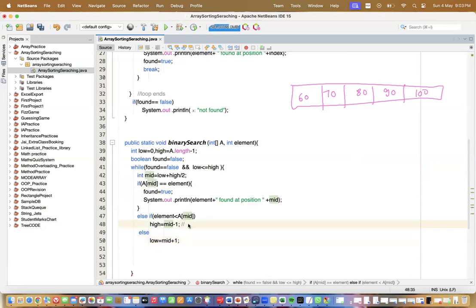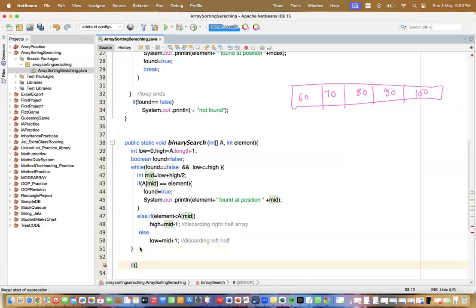Here you are discarding the right half of the array, and here you are discarding the left half of the array. And this process continues. That's it. This is the body of the while loop. Outside the loop, you will write: if your found is still false,